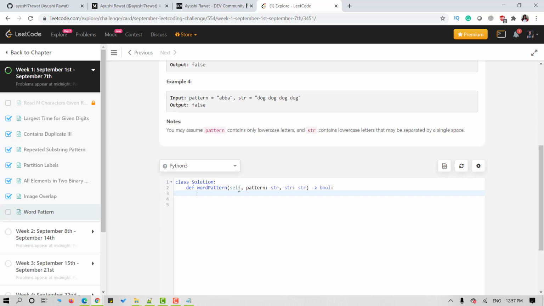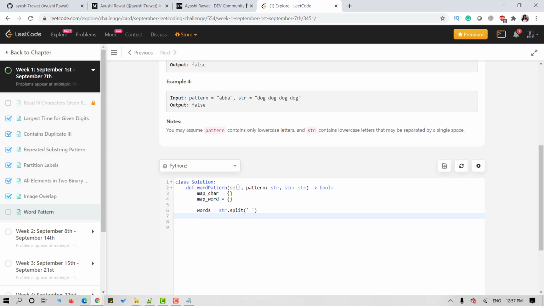The first one we will call mapchar and the second one I will name mapword. We will split the words, and I'm using space as the delimiter here.